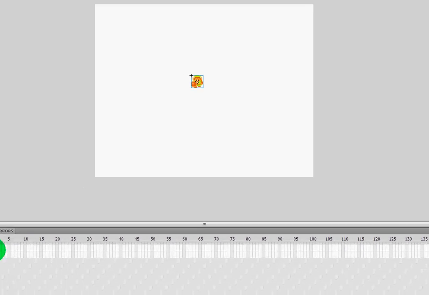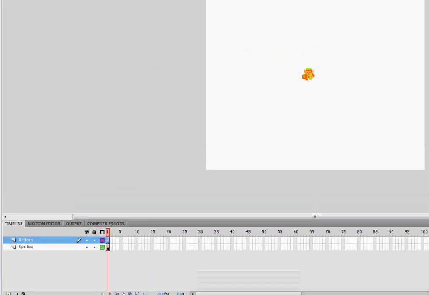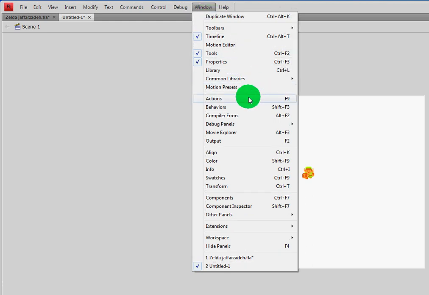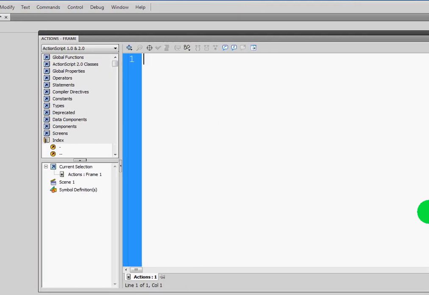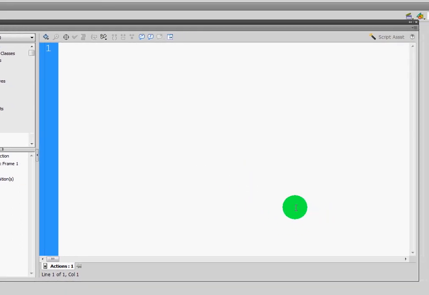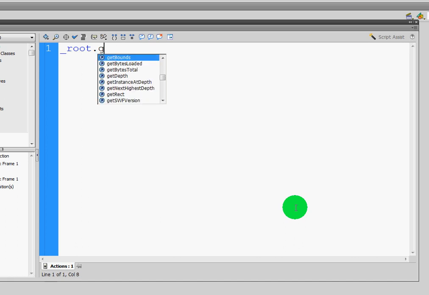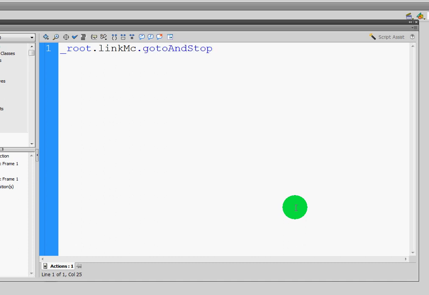Now, once we're done that, we're going to go ahead and go to my Actions layer, select it, and go up and open up our Actions window. You can press F9 to pull it up. I'm not going to do that. So here, I'm going to tell the computer, hey computer, stop making Link spin around like crazy. I want him to stay on that first frame, which we called linkFacingFront. So to start off, I'm going to type in _root.linkMC.gotoAndStop("linkFacingFront");